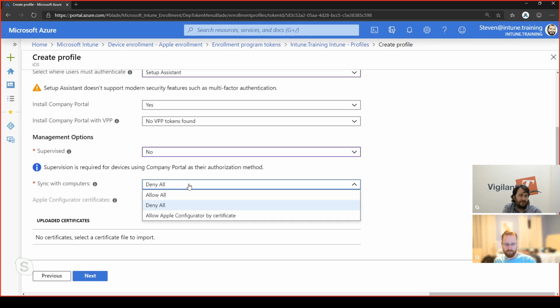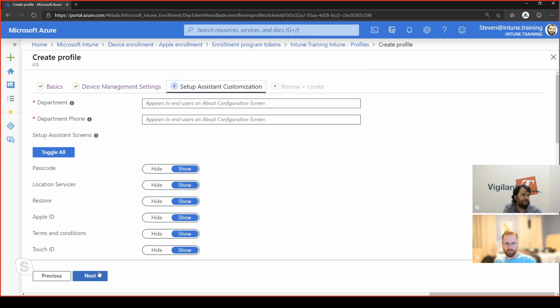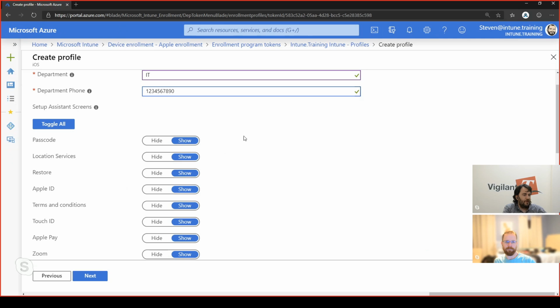You can also have it so you can sync it out with an Apple Configurator certificate, which is just a little bit more complicated on how you do that. But we're just going to hit deny, and we're hitting next, and this is what appears for the end user. We're going to call this department IT, and we're going to be ringing a really complicated phone number, and the next step that we have is the ability to go and say what we want